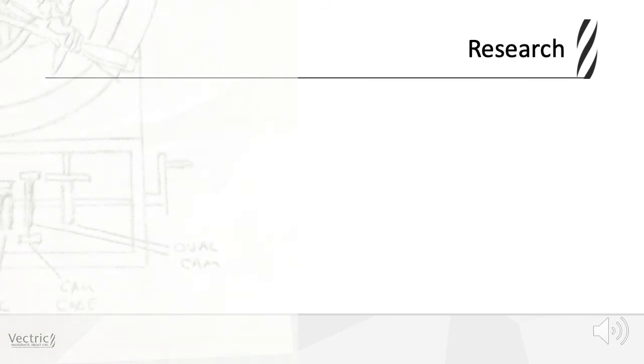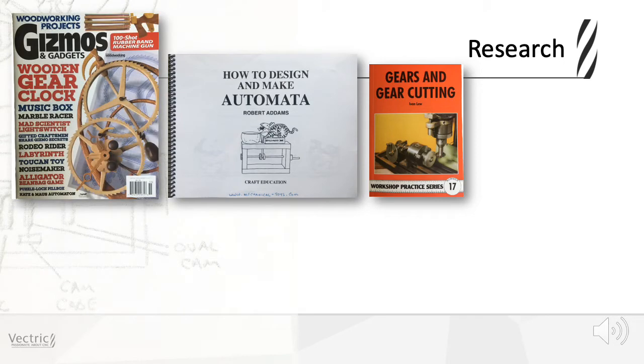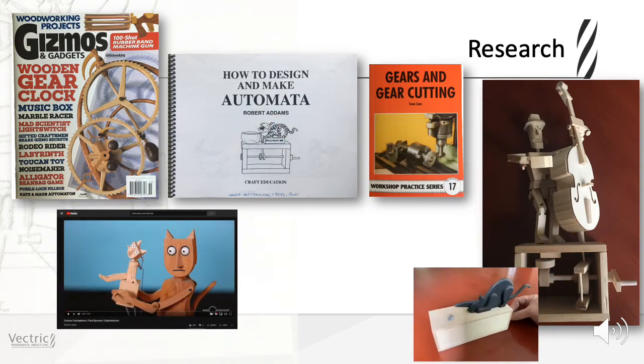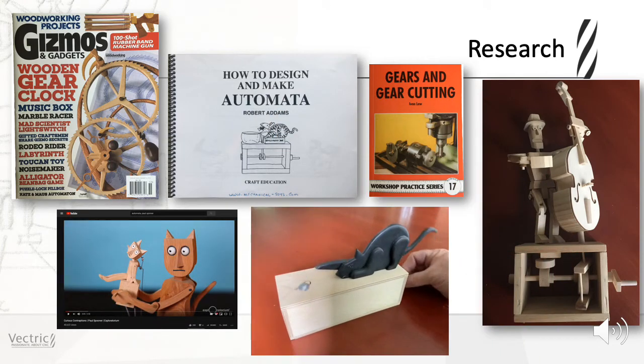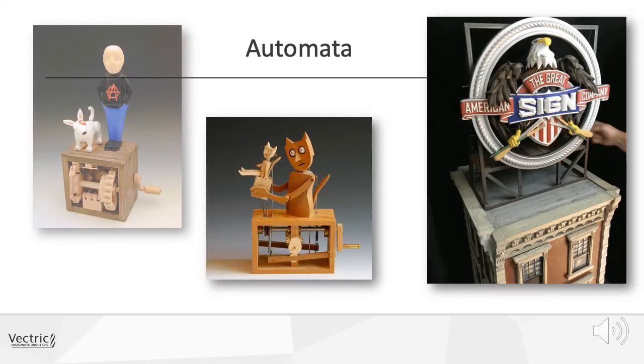When I committed myself to this project, I had just 5 months to get this done, which was not a lot of time considering I had no background in mechanics. My first step was to dive into the internet, downloading books, watching hours of videos on YouTube, and buying kits in toy stores. I thumbed through a few books on mechanics, but my real breakthrough came when I discovered a